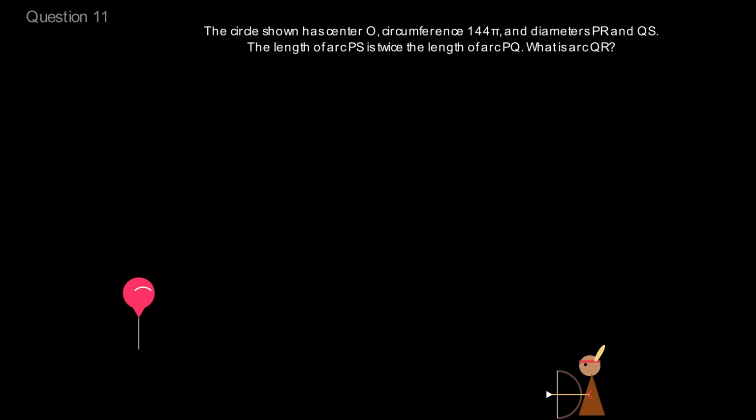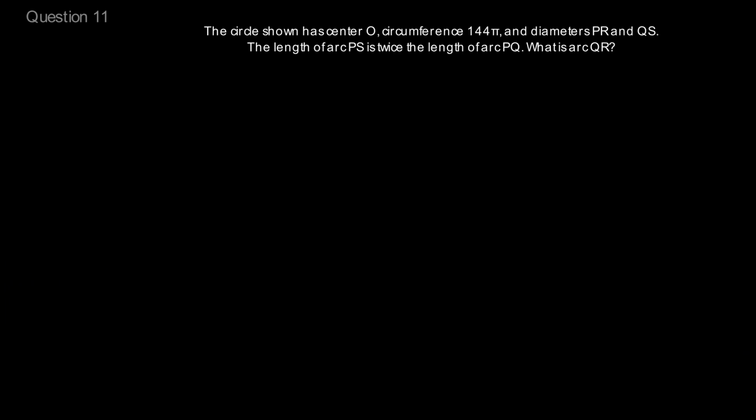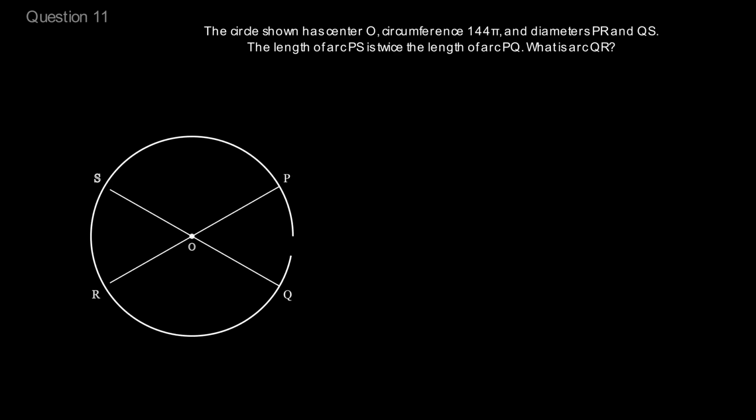Question 11 tells us that we have a circle with center O, a circumference of 144 pi and 2 diameters, PR and QS. Let's sketch this geometric figure with all its points to visualize the problem clearly. The most important given information here is that the length of arc PS is twice the length of arc PQ. Based on this relationship, if we visually define the smaller arc PQ as x, then arc PS is twice its